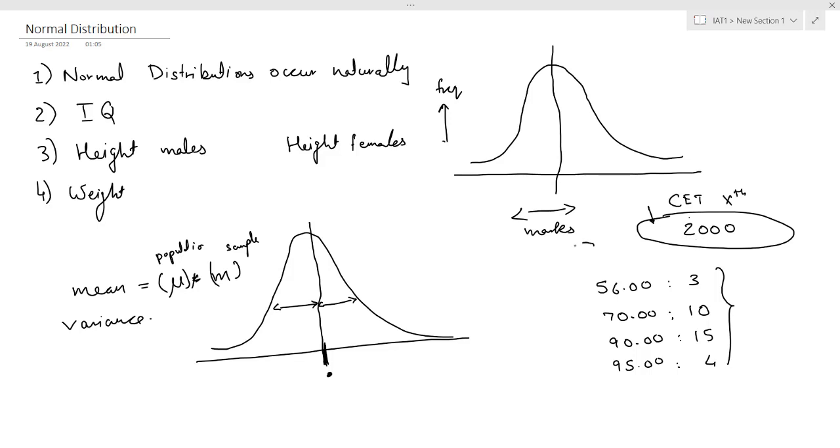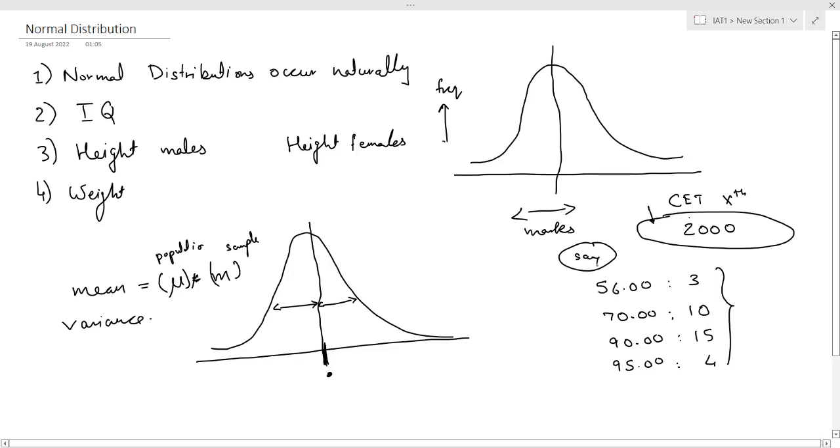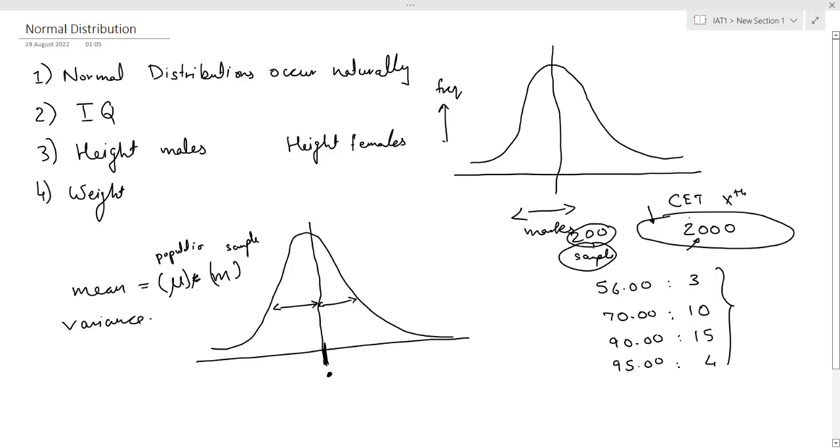So what I will do is get only the marks of the mechanical department. That is going to be my sample. This is going to be my population of 2000. Let us say 200 are our mechanical students. So our sample is going to be 200, right? And what is variance? Variance for population is given by sigma square, variance for sample is given by s square,